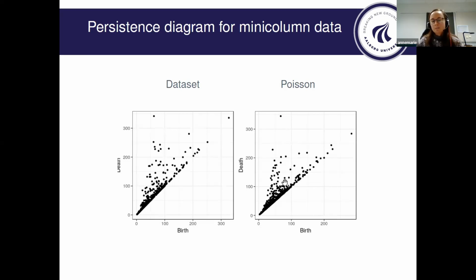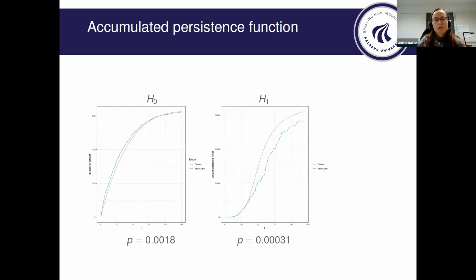And if you just look at them, well, they look a bit different, but it's hard to tell just by looking at them whether it's really a difference or whether it's maybe just due to chance. So here we have plotted the accumulated persistence function. The red curve here corresponds to the Poisson case, and the blue curve is the data set. And you see most clearly the deviation in H1 here. The data set is somewhat below